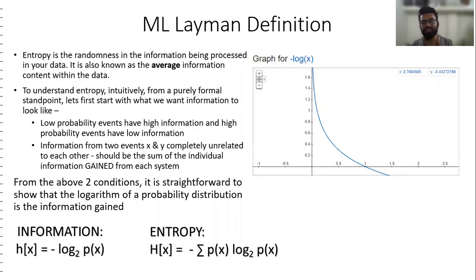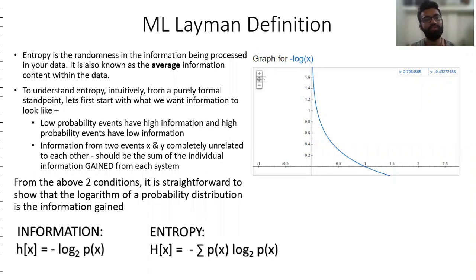Here we have it. This is essentially the layman definition. Entropy is the randomness in the information being processed within your data. It is also known as the average information content within the data. To understand entropy properly, we need to first start off with the concept of what information